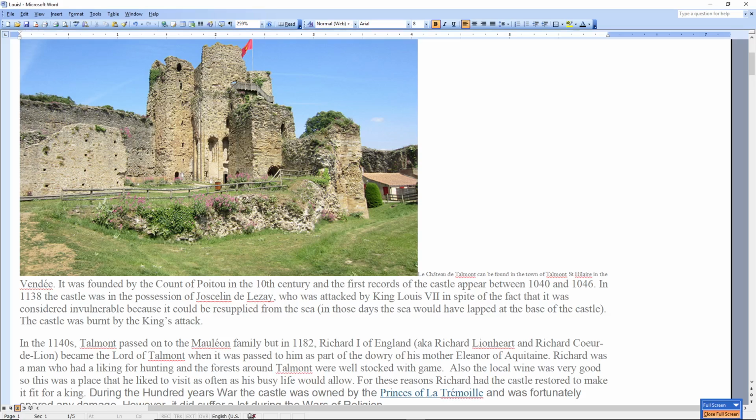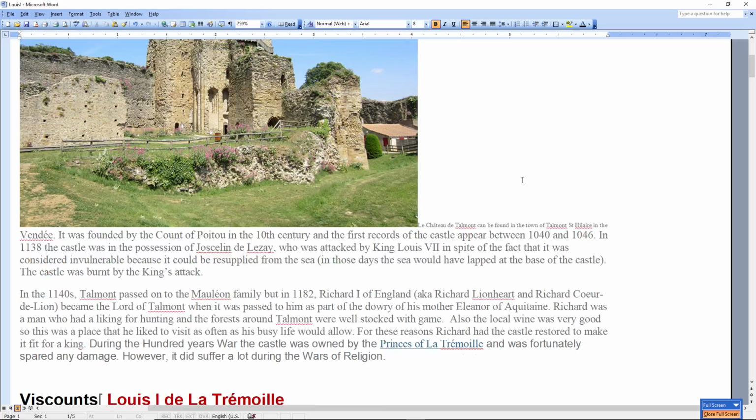Later on I'll show you it on Google Earth, but this castle used to be right on the seacoast. So there was a lot of access to this castle during the time that Lewis the First would have been in control of it. And we can see down here, and I've got it in bold, during the 100 Years